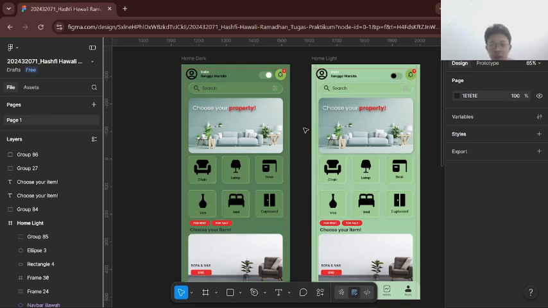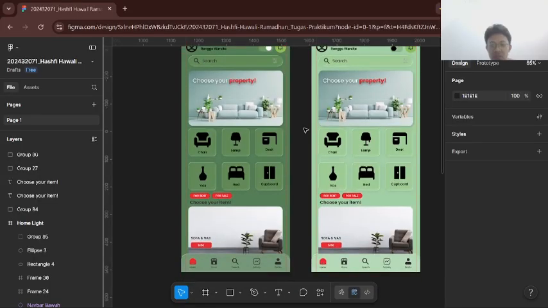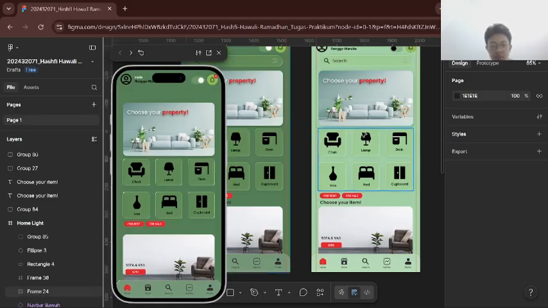And now we go to the navbar demonstration. Navigation is critical for a good user experience. I have implemented a fixed bottom navbar consisting of 5 main tabs: home, store, search, activity, and profile. Here, when the user is on the home page, the home icon is highlighted in red, clearly indicating their current location. When we navigate to the store page,